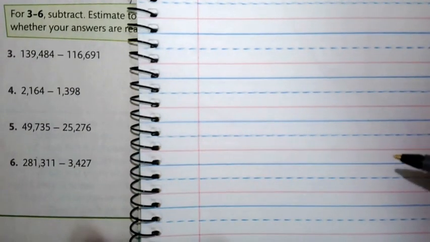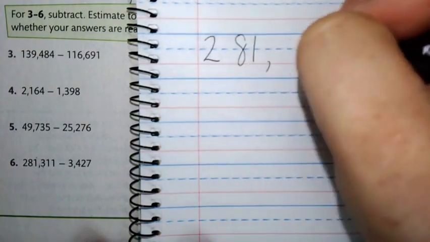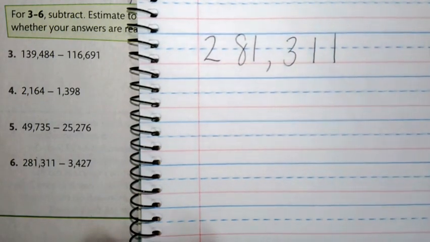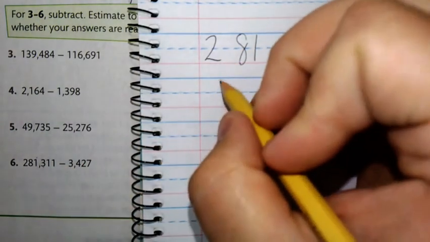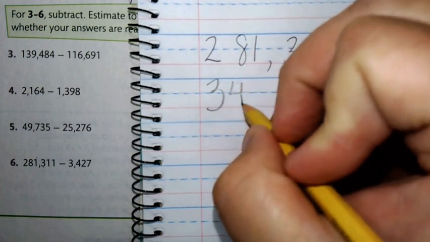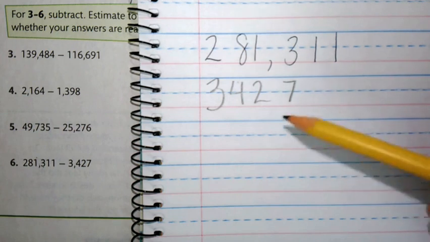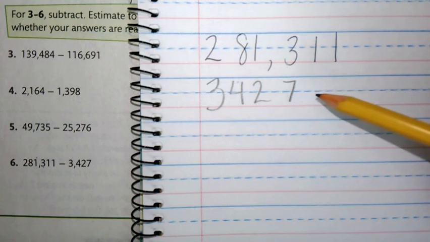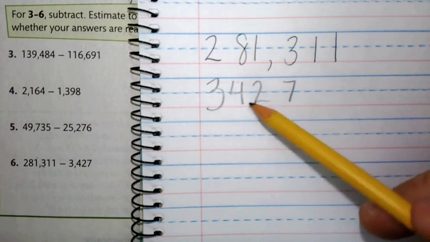And I'm going to keep my paper out because I'm going to rewrite it. So I've got 281,311. Nice and spaced out. Ooh, these got a little close together, but I want to make sure I've got that space. Now, here's why this is going to be so important. If I were to just go, okay, now I need to write my next number. So I've got 3, 4, 2, and then my 7. Did I line up my place values? Why is there nothing over here where my 1s and my 10s are? I can't do that. This is a totally different number. This is 342,000, and I want